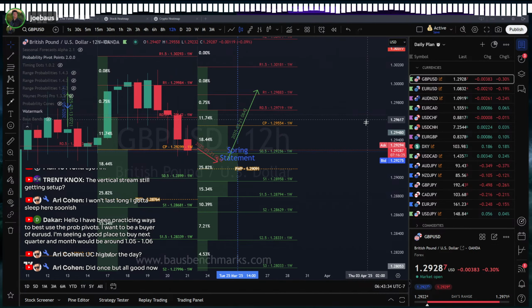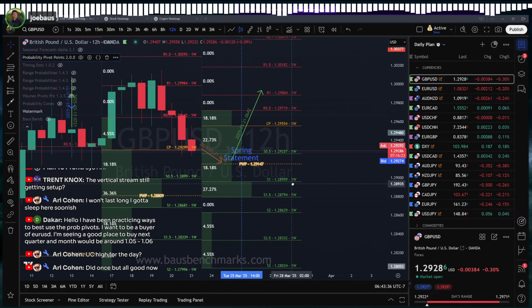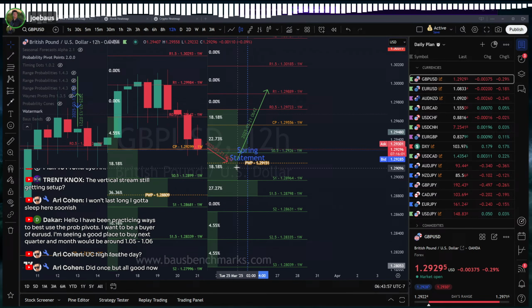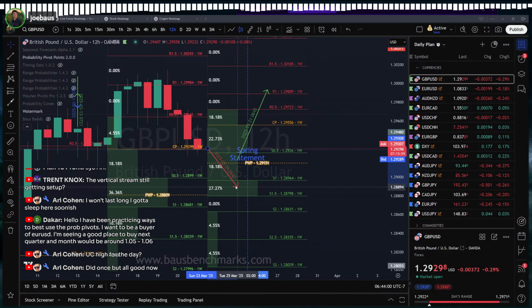However, with seasonal data turned on, it's looking at how the next week or the current week has performed over all of the years we have data available for. Usually we have about 20 years of data here on these FX charts, which I think is a reasonable number of samples. There is some risk of drawdown, but